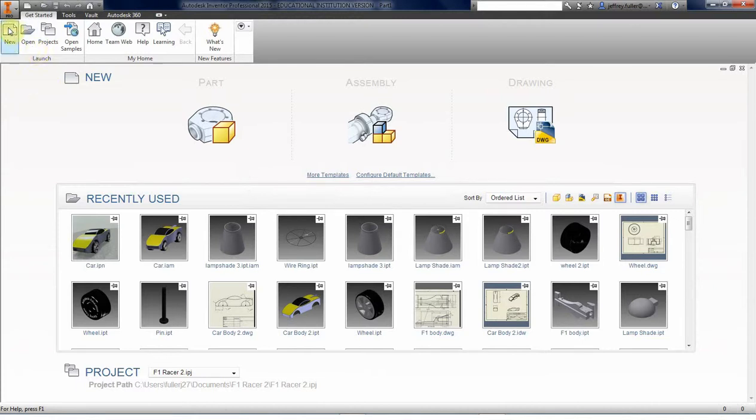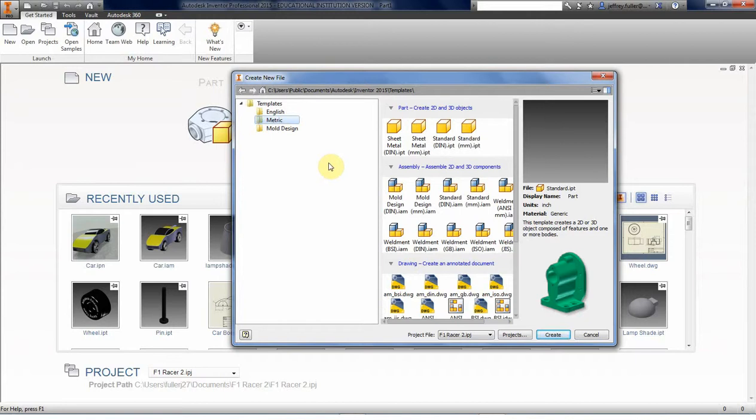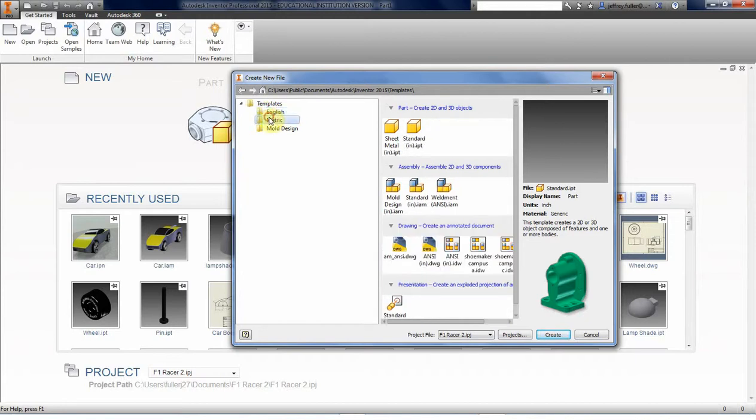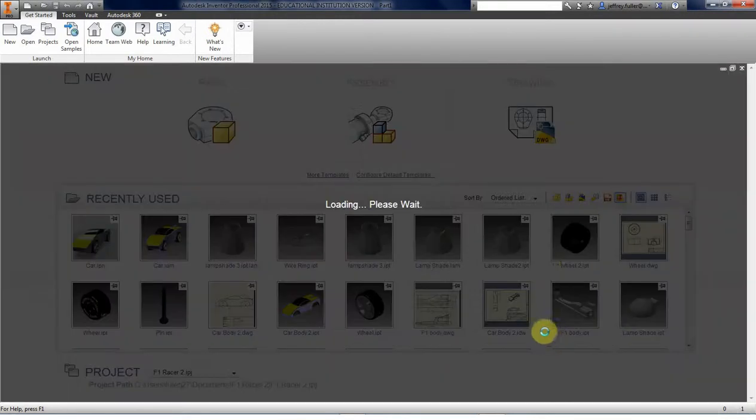So again, anytime I get ready to create a new part, I just click on new, and it gives me all the selections here, but I want to click on the metric folder. Okay, instead of the English, I'm going to click on metric, and just like I would do in the English folder, I'm going to select just a standard three-dimensional drawing file, and in this case I'm going to use standard millimeter. So I select and I click create,